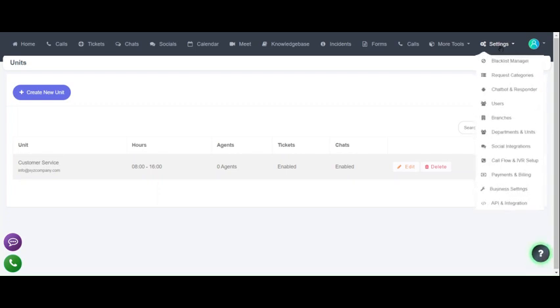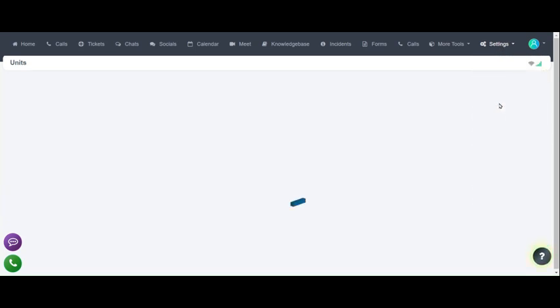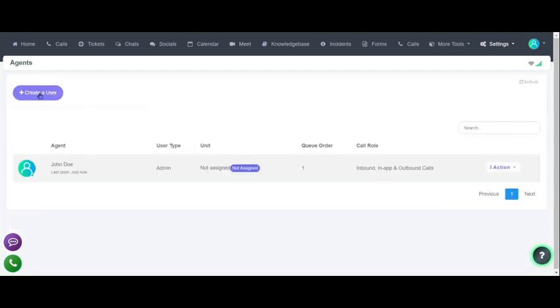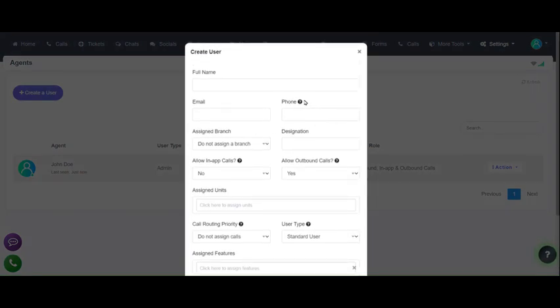So we still go back to the settings menu, then go to users. We're going to go right on and click on create a user, and we type the full name of the user. The users can be your team members or agents, anyone who is going to have access to Callsavvy. So let's create this dummy agent and call it Ann Tina. And the email, we'll give it ann@xyz.com,